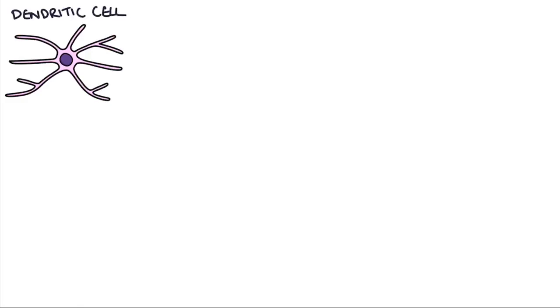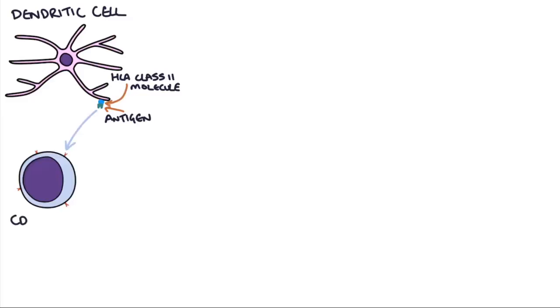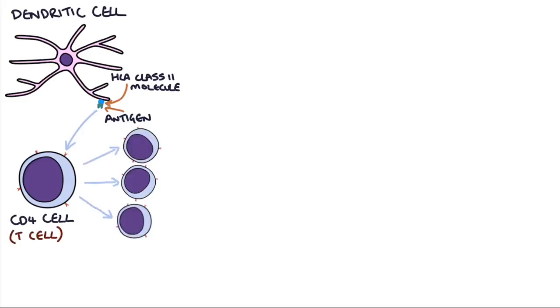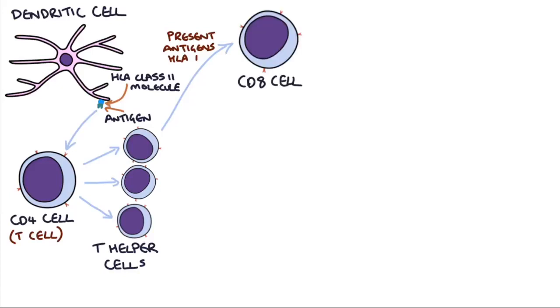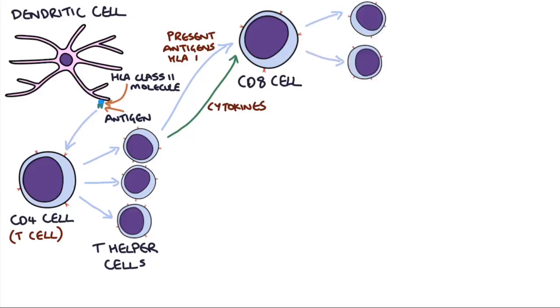So the specific immune response starts with the dendritic cell, presenting the antigens on their HLA class II molecules to the CD4 cells. These CD4 cells, which are a type of T cell, then proliferate and become T helper cells. The T helper cells present antigens on their HLA class I molecule that can be recognized by CD8 cells, another type of T cell. They also secrete cytokines that are responsible for making the CD8 cells proliferate and differentiate into